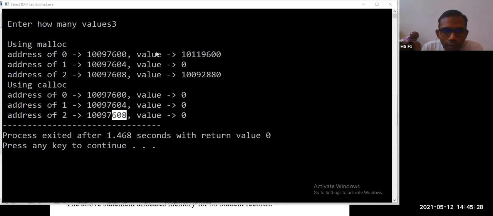We'll do that. Now, here you can see malloc is having a garbage value, whereas calloc is having all default values as zeros. That is the difference. As per the execution is concerned, they are having different blocks with the same addresses. Malloc is having garbage values in it, and calloc is assigned with zero value as default.